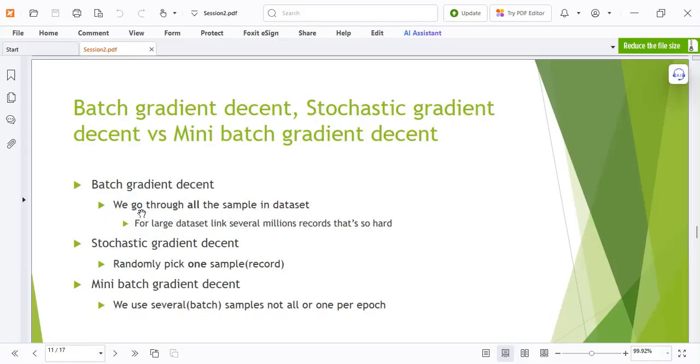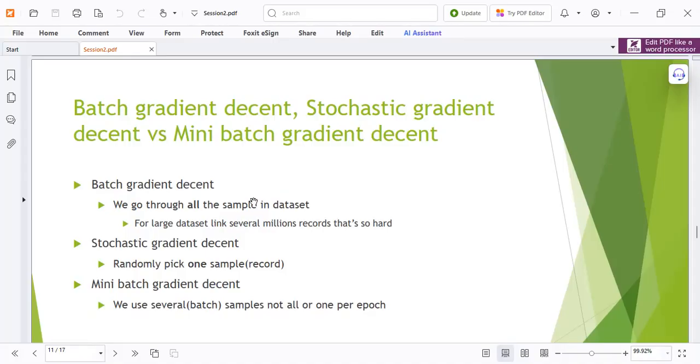So in batch gradient descent, we go through all the records that we have, for example, 1 million records. So we need to go through all of them. The bad thing about this is that the computation is going to go too high, and we don't want to do that.